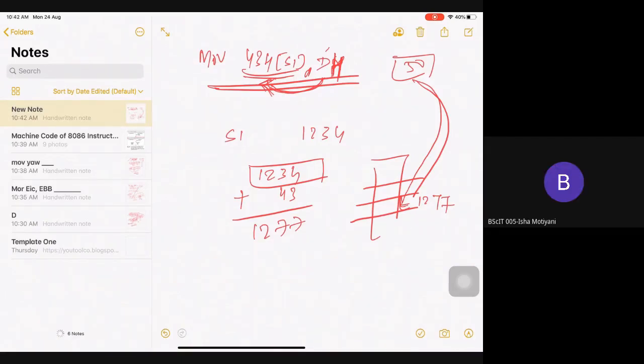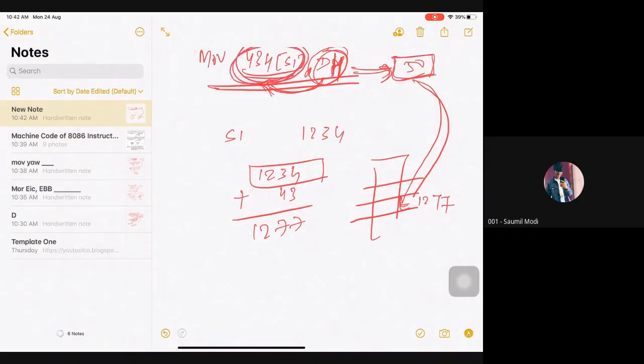Hello, yes, sir. Abhishek. Yes. Whatever is stored in my DH register, suppose 50 is stored, because DH is an 8-bit register, this 8-bit data will be stored here.